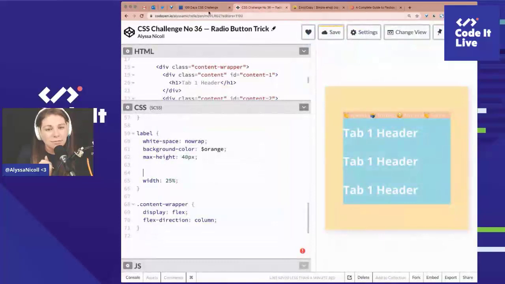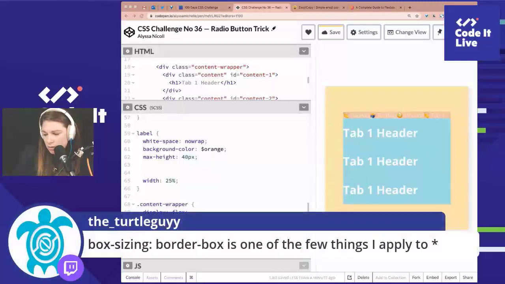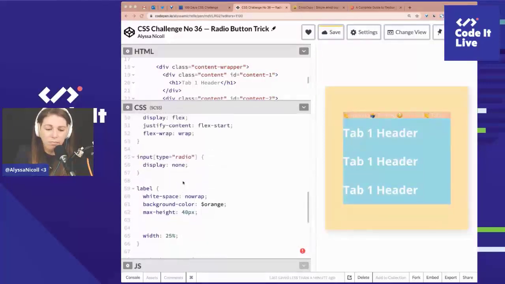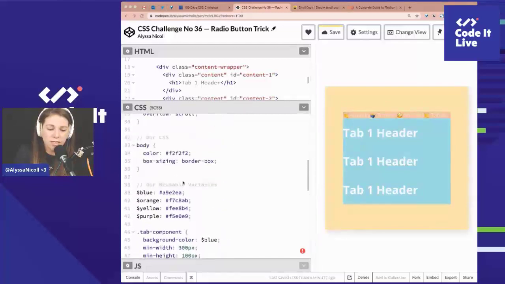So sometimes on UI Wednesdays, I like to walk through a CSS challenge. Turtle said box sizing, border box is one of the few things I apply to everything. Yeah, I'm with you on that. I'm wondering if I should do it to everything or just